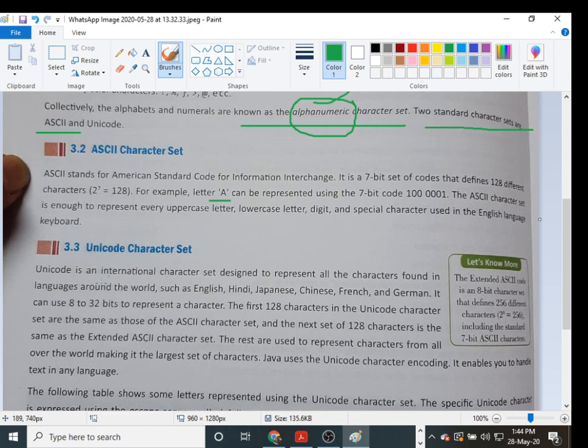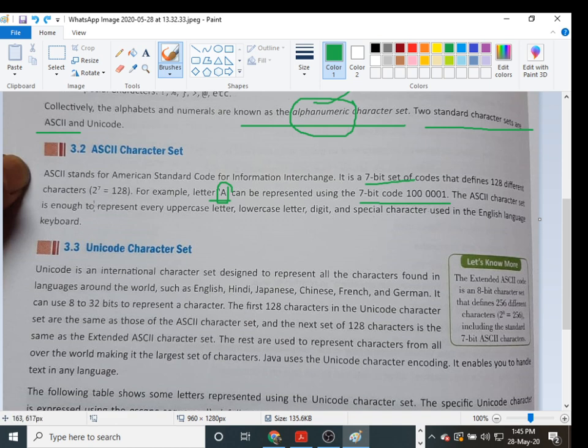So when you input capital A, the computer changes it into binary bits and creates the 7-bit code 1000001. So the ASCII character set is enough to represent every uppercase letter, lowercase letter, digit, and special character used